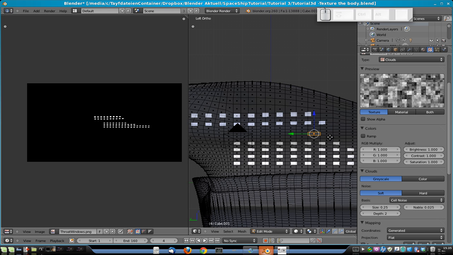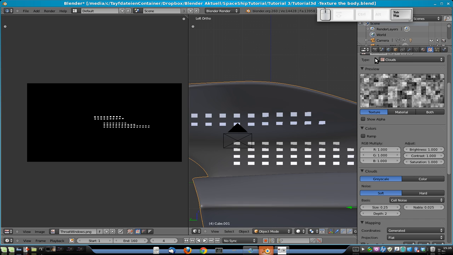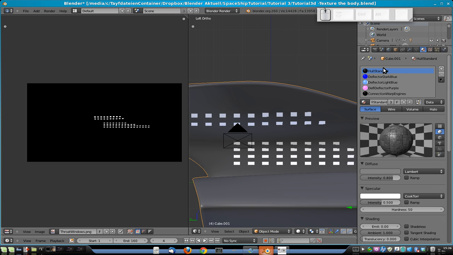Let me just think a moment. Okay. So look, first let's make the hull actually. We don't have the hull right now, so go to material. We have hull standard here. This is a quite nice hull,